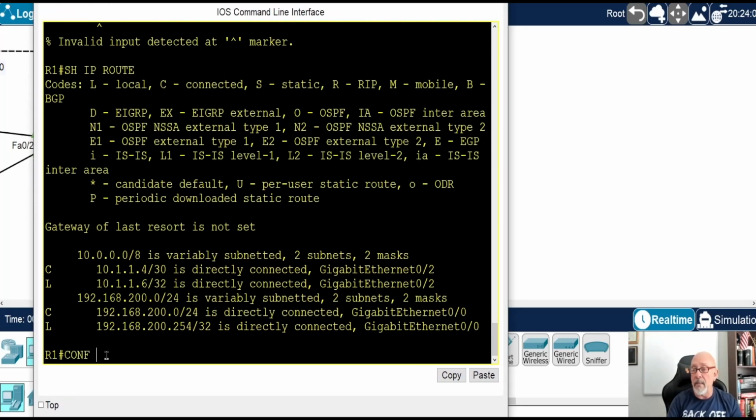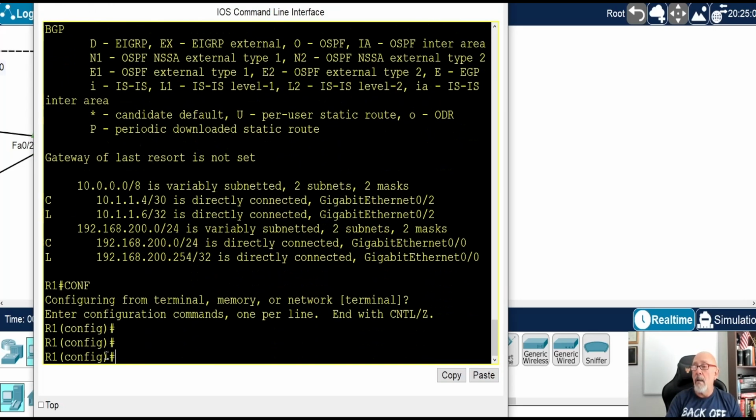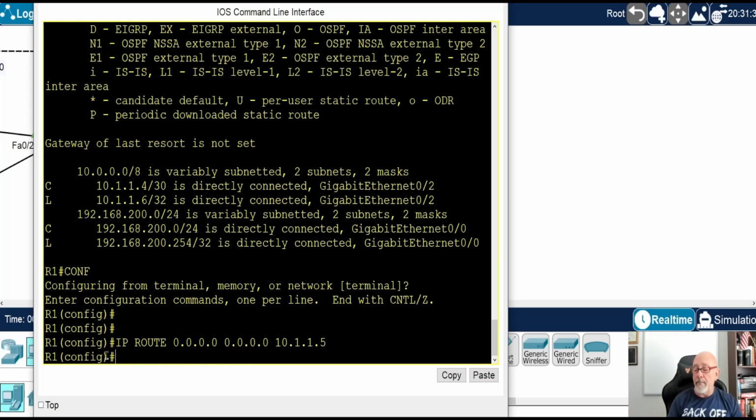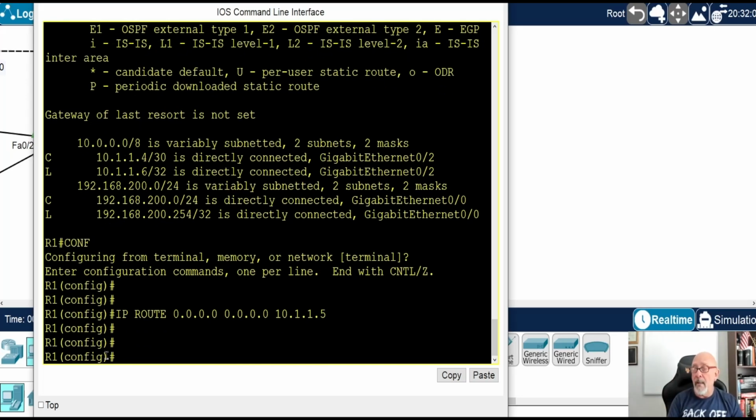So we're going to say config T, IP route, default route, match anything, right? Any network, any mask, and just send it to the next guy, right? Which is my neighbor. And then I'm going to do an actual static route, IP route. I'm going to go to the 192.168.100.0 network that has its mask